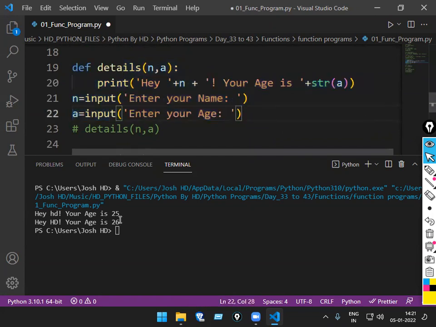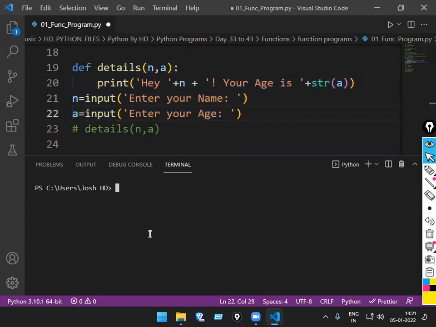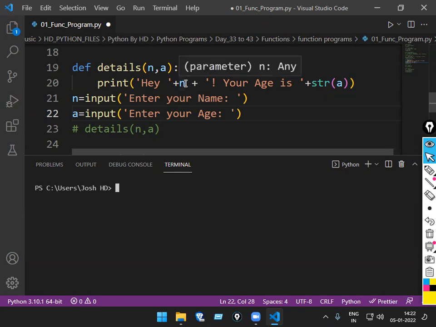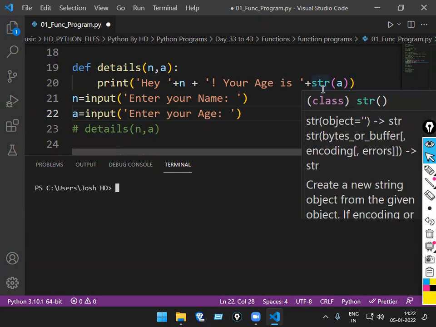Now, in this case, what I'm doing is taking the n value and the a value from the user, because that is our ultimate goal. Our last goal is what? We have to somehow take the input from the user. So n will be what type here? String. Again here, what I'm doing is the type conversion.